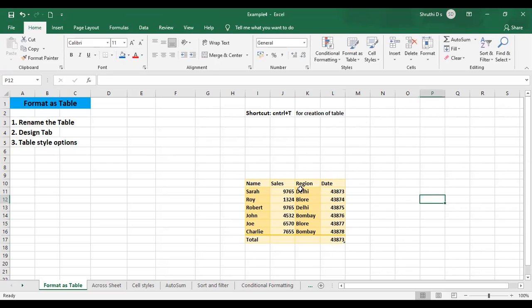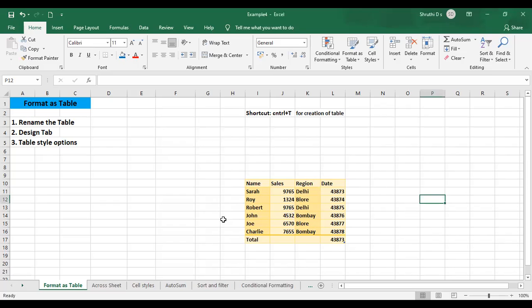I hope everybody has understood this Format as Table. Any doubts you have? Anybody? Any topic you want to repeat or something? I hope everybody is understanding with no doubts. Okay, if I'm being very slow or very fast, let me know. I'll try to keep my speed or pace average.